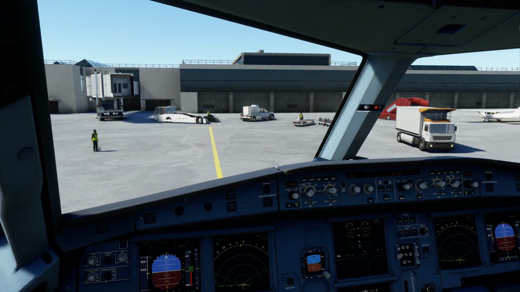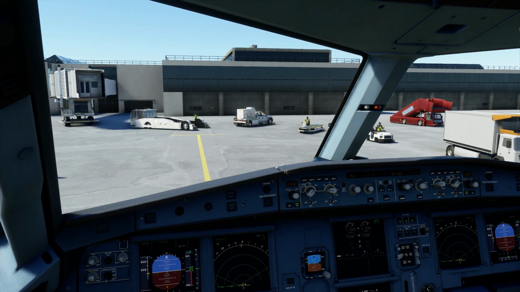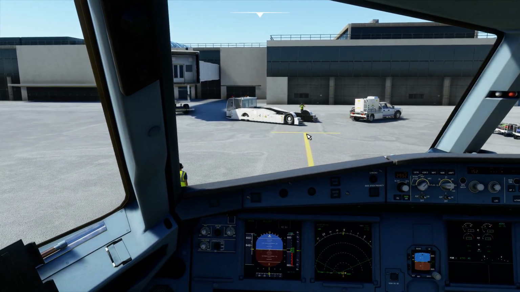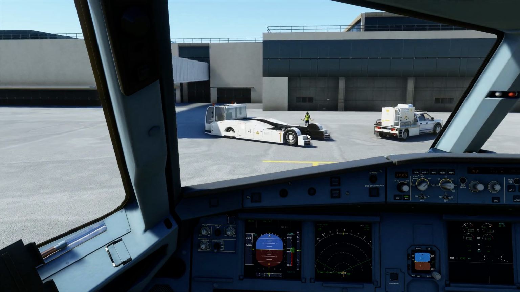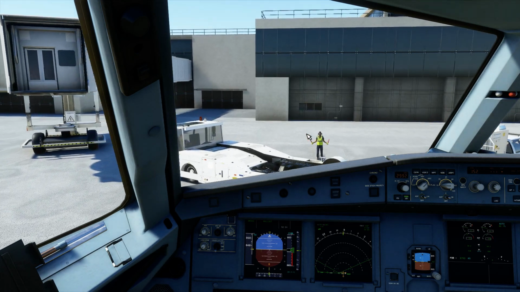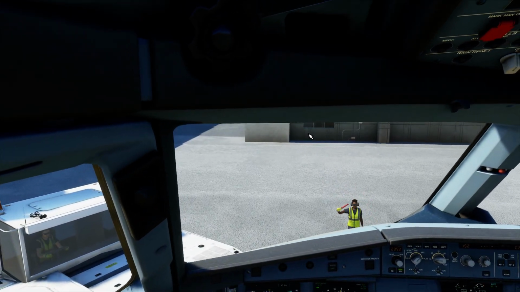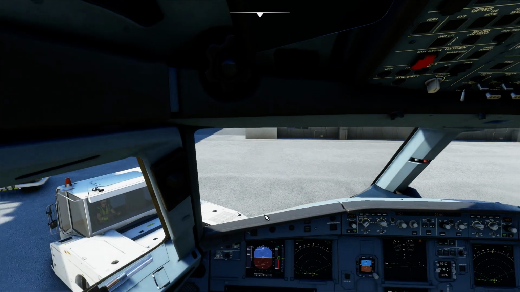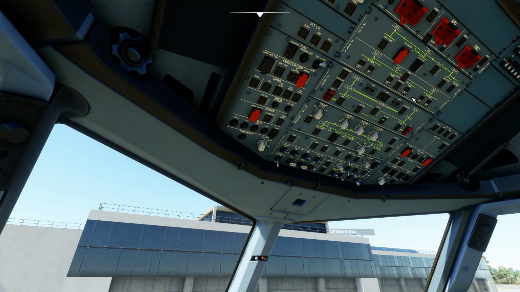I'm assuming this is gate 22 because there's a guy motioning at me, asking me to come in. Okay, now that looks good. They're asking me to come forward, and he's asking me to come forward. That's it. I cannot see him. Okay, and stop. He's asking me to shut down the engines. Okay, fine, shutting down the engines. And boom, he's gone. Hold on. Before it starts yelling at me, let me just...